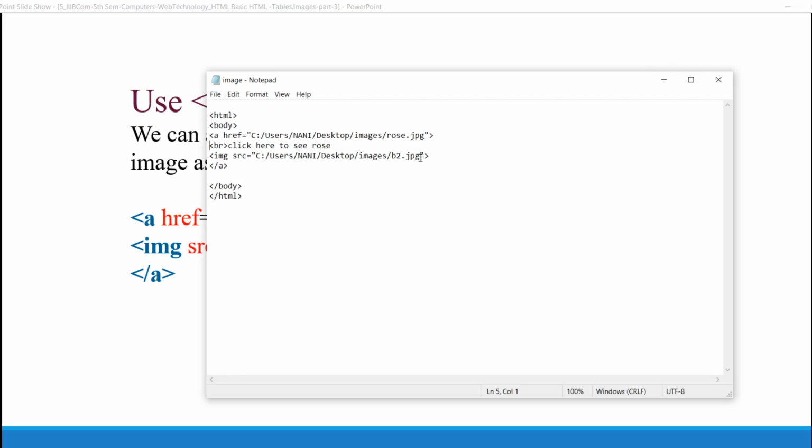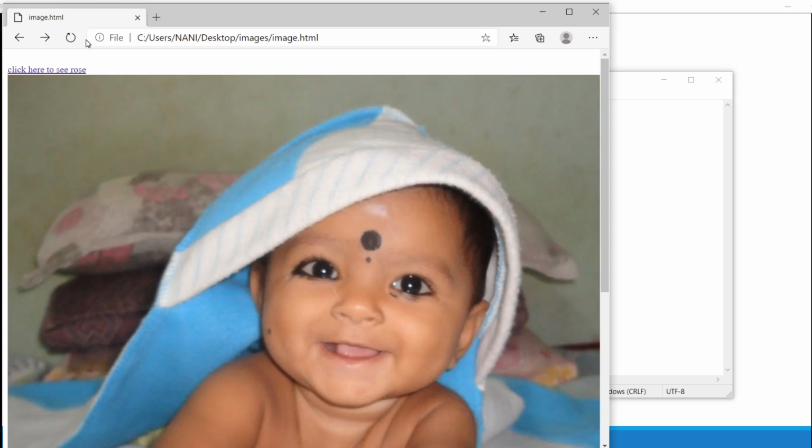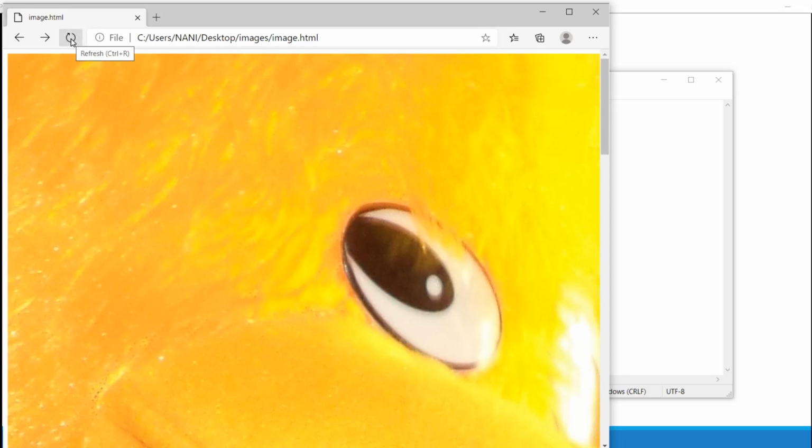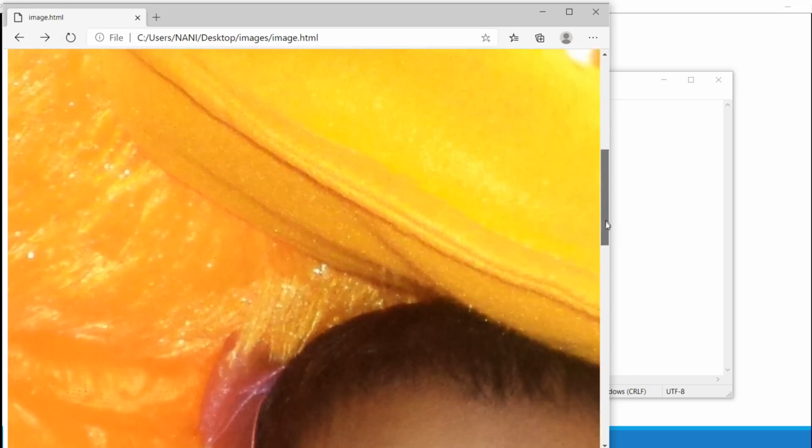Let's consider another example. Now I am removing the hyperlink, only the image. I'm taking only the image. Save it, run it. Here the image is appearing, but the image is too large.